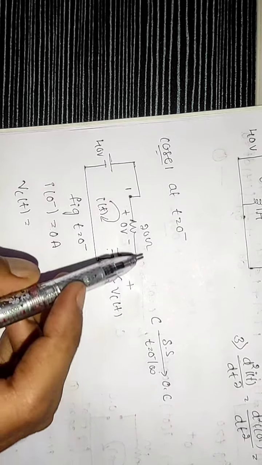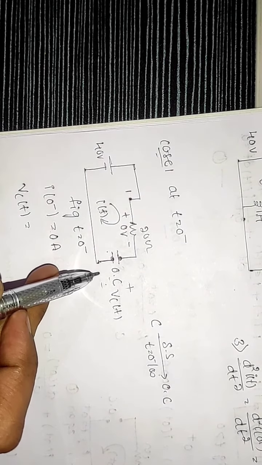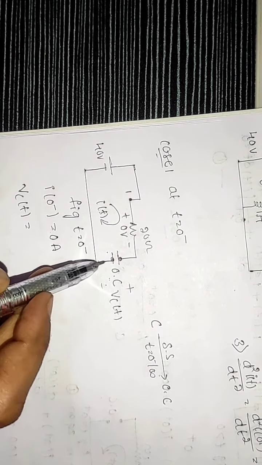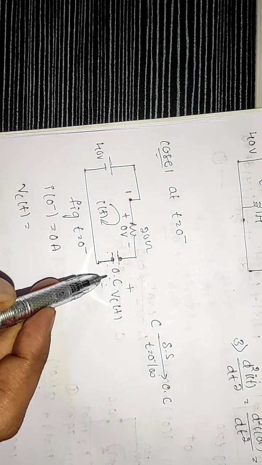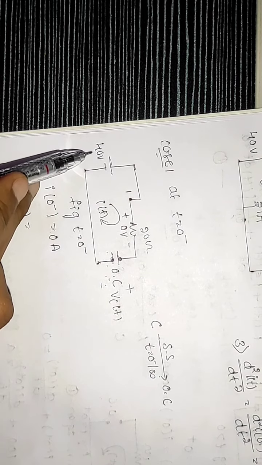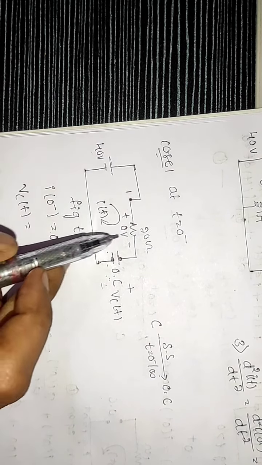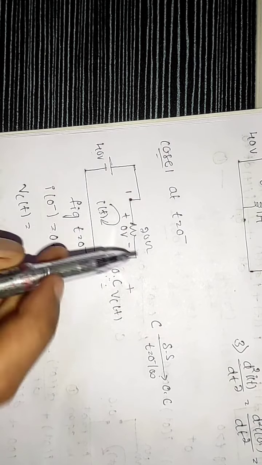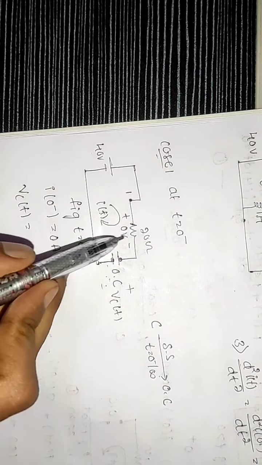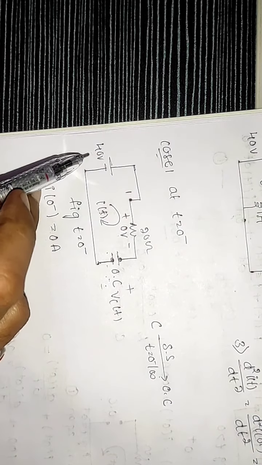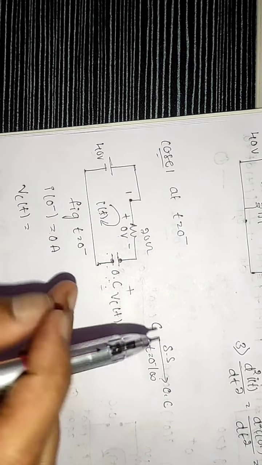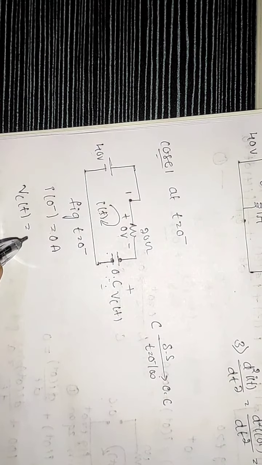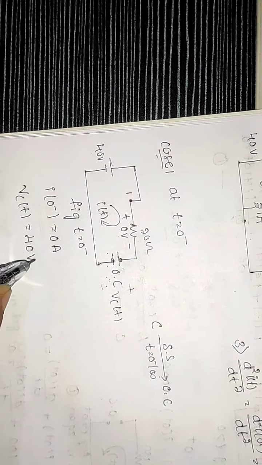So in the circuit, resistor and capacitor are connected in series. Here the capacitor becomes an open circuit, right? The total voltage divides between these two elements. So now current is 0, so the voltage across the resistor is 0 volt. Then this 40 volts comes to here. The Vc of t equals the 40 volt. So are you getting this?